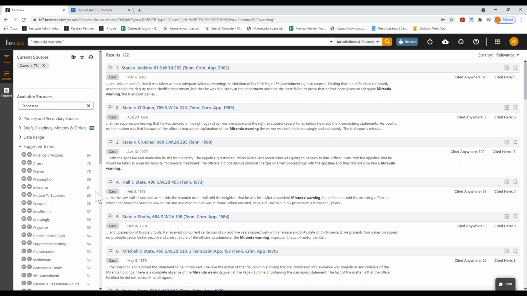Run your general search, and then over here on the left-hand side, you'll see the suggested terms list. This list includes terms of art and common legal phrases that are currently appearing in your results. So let's say that I was looking at this and I said 122 is too many results. I come down to this list and I go, oh yes, I'm interested in Miranda warning cases where there's been a motion to suppress. Great. All you have to do is click on the plus sign next to that phrase,